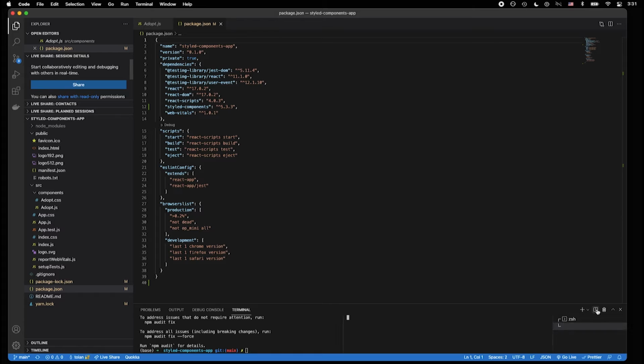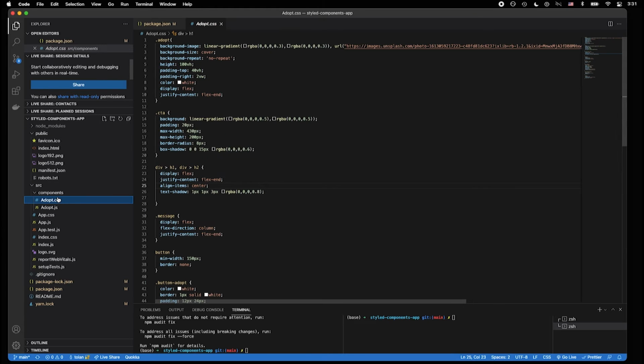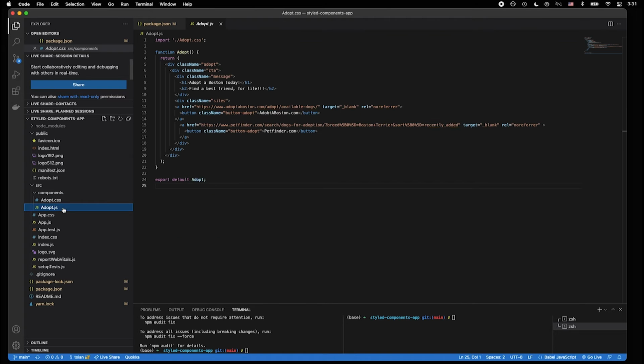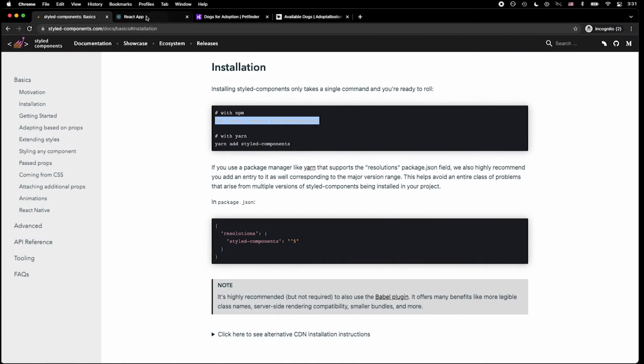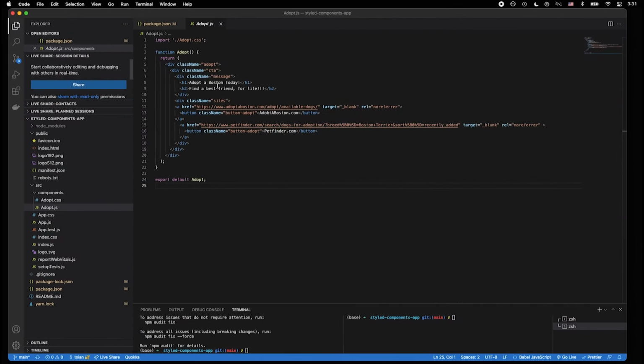Anyway, let's open up another instance of our terminal here. You'll see styled-components is now there. So if we go into the files that we'll be working with, currently we have this adopt.css file. And if you look at our adopt component, what we have here is we're importing our CSS. Then we have a few divs with different class names. We have the text that you see here on this page. And then we have essentially,